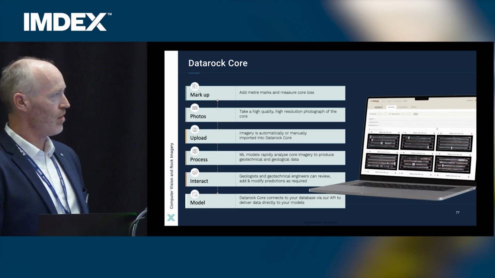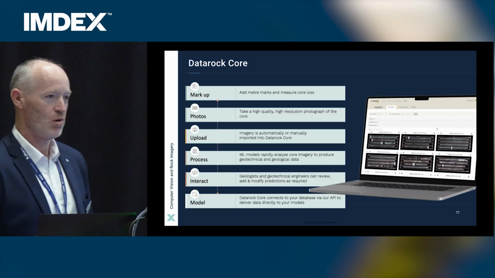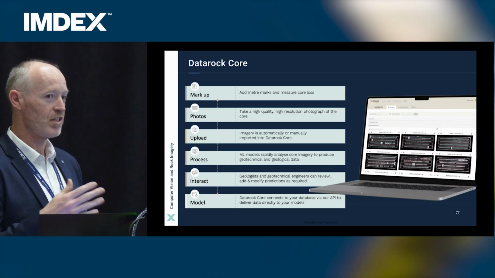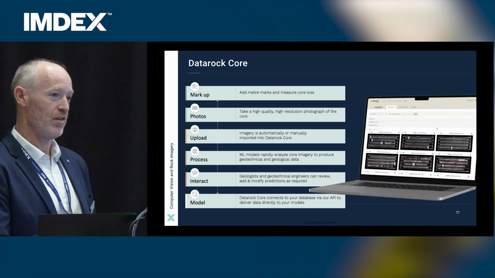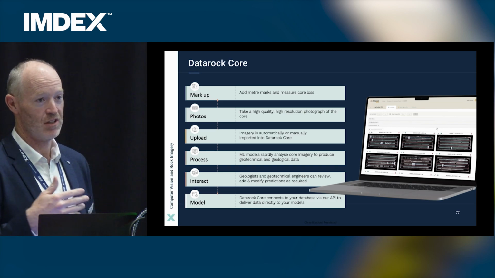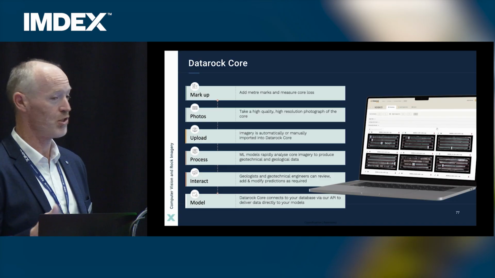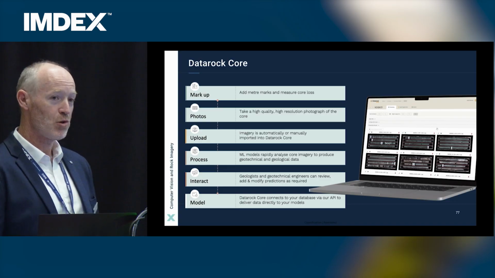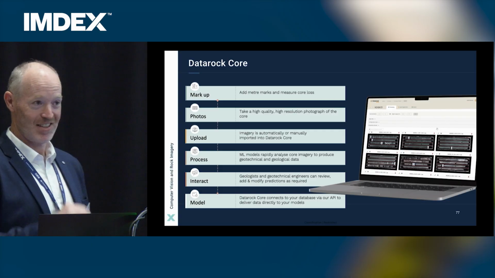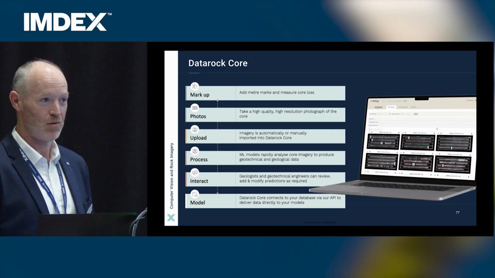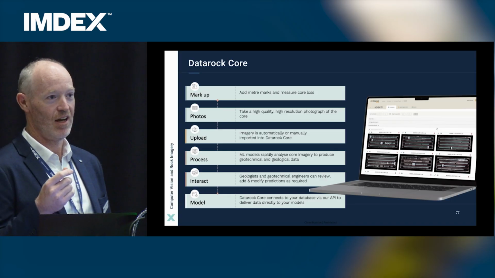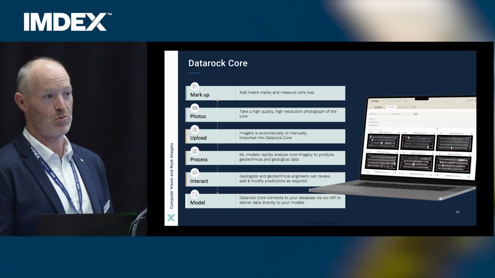So the process of using something like Datarock Core is quite simple. It fits into a regular workflow, and it really does start with getting good, accurate data at the rig, taking good photographs, so using a standardized approach to collect your data, making sure that core is marked up correctly. Use your IMDEX to get the orientation mark right. Get that orientation mark on there, because then we can use that to extract true oriented structural data from your